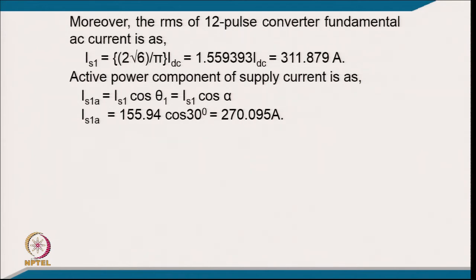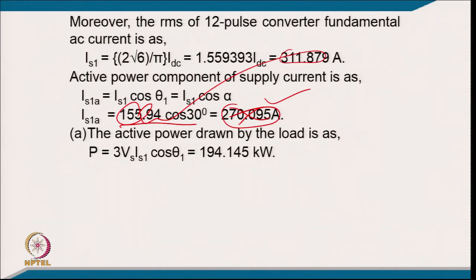So, it comes like a 270... wrong, kindly correct it. Okay. This will be 155.94 into... yeah, it is okay. This is the value here, this is the correct one. It comes like 270.095 ampere, and the active power done by the load will be P equal to